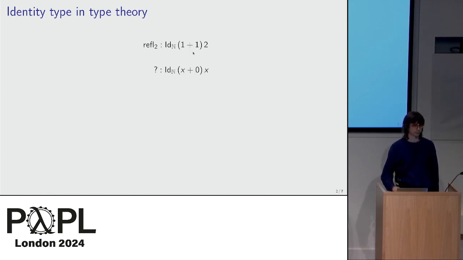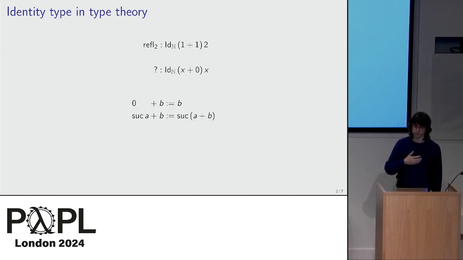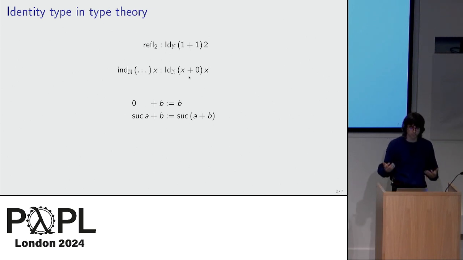Okay, so how do I prove something more complicated? I have a variable x, and now I need to prove that x plus 0 is equal to x. So here this doesn't compute because I happen to define addition by recursion on the first argument. So it's Peano natural numbers. So I know that if I add 0 to a number, it stays the same. And in the successor case, there's a recursion happening, but if the variable here is the first argument, then it doesn't reduce, so this is a stuck term, so then I need to use induction or something more fancy to prove this